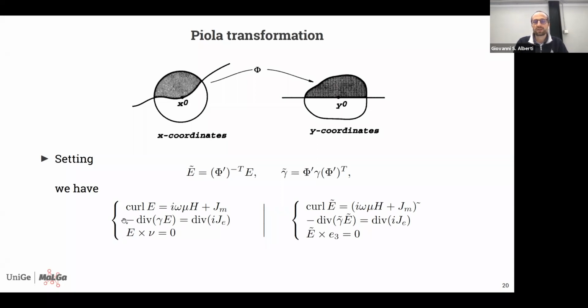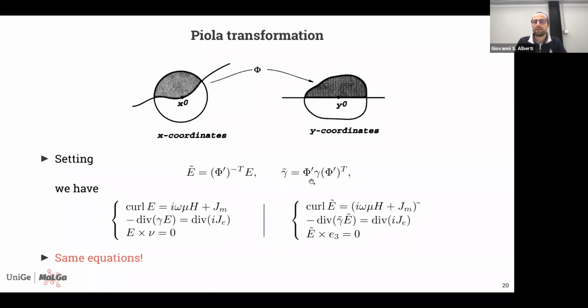You see that I'm just focusing on E, so instead of writing the curl of H in the second equation, I'm already writing the equation after divergence is applied. So that's what's left in the second equation after a divergence is applied. Good. So what's the novelty? What's the message here? If we compare these two systems of PDEs, you see that basically you get exactly the same equations with, on the left, the original E and H in this non-smooth but not flat domain,